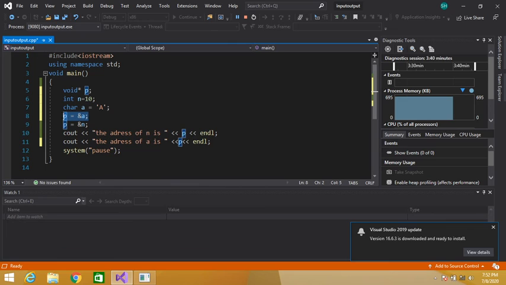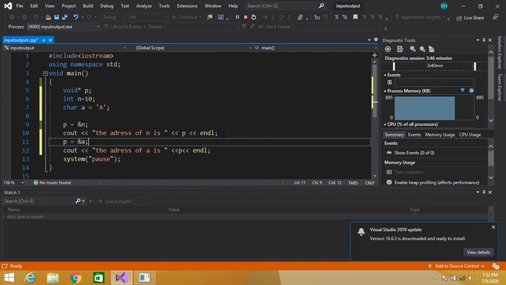Instead of writing it here, we have to write this line over here. Otherwise, this address will be changed with this n address, because we are reassigning the value to the pointer. So first it will show the address of the n variable, then it will show the address of the a variable.